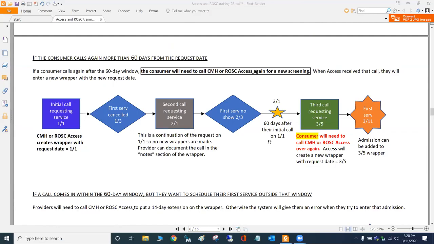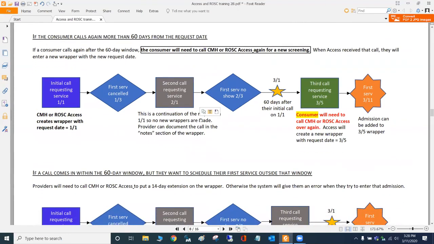So how about that example we already talked about where they call, they no-show, they call again, they no-show, 60 days passes, and then they call again. What are you supposed to do? This wrapper has expired.